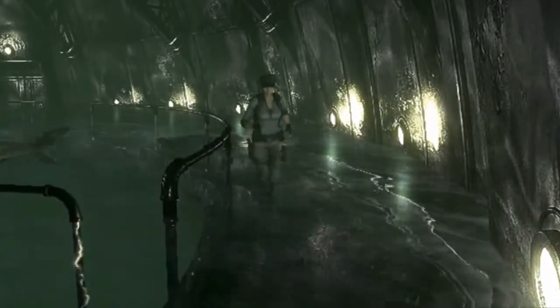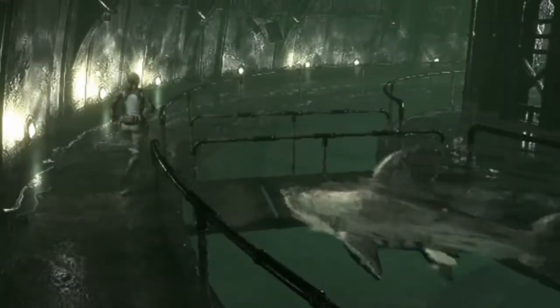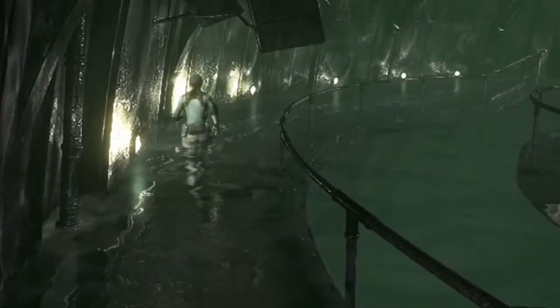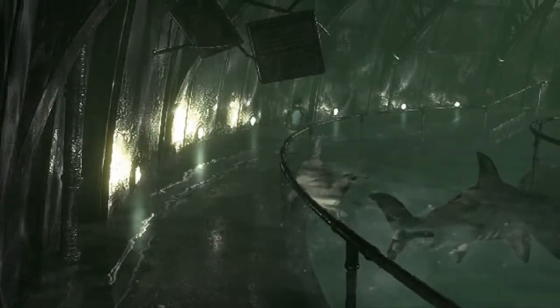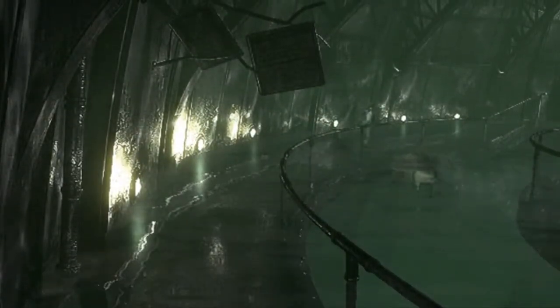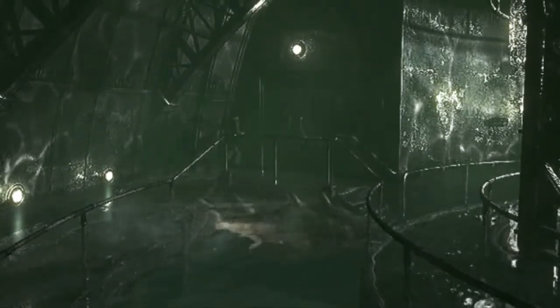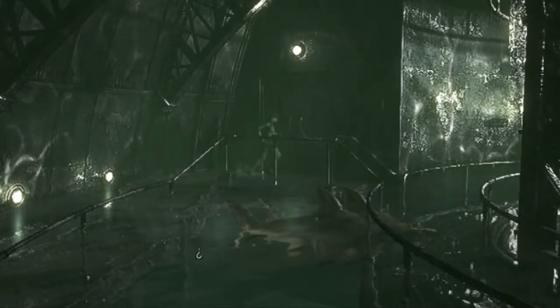For the sharks here, just run the outer path the whole time, but try to hug the railing a little bit. Hugging the railing a little bit does cut down on your overall travel time, and it also, for some reason, the sharks will not